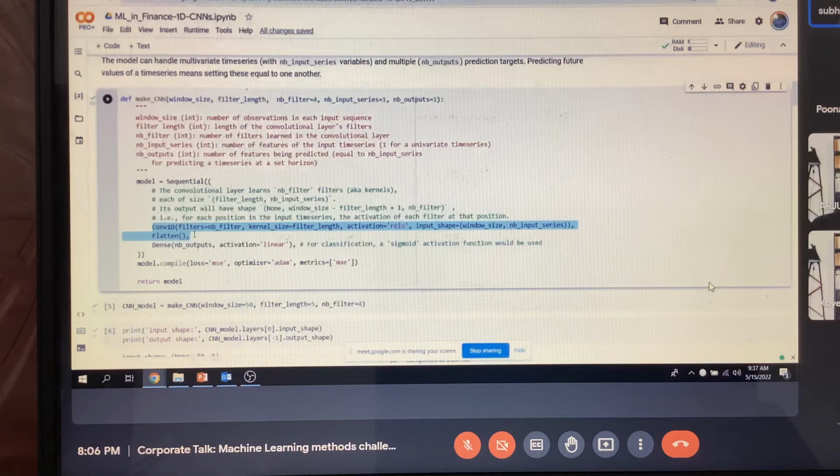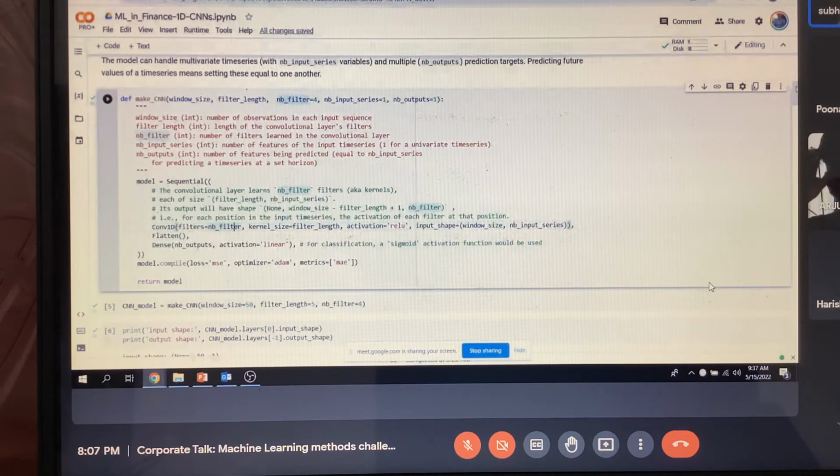This is the most elementary neural network because it just has one convolutional layer and a dense layer. But typically a neural network can have dozens of layers, even hundreds of layers. You can imagine how dense it can be. You can have a variety of filters and activations to make it more non-linear. If your data is very complicated, you can add more layers. But even the simplest one layer can still work.